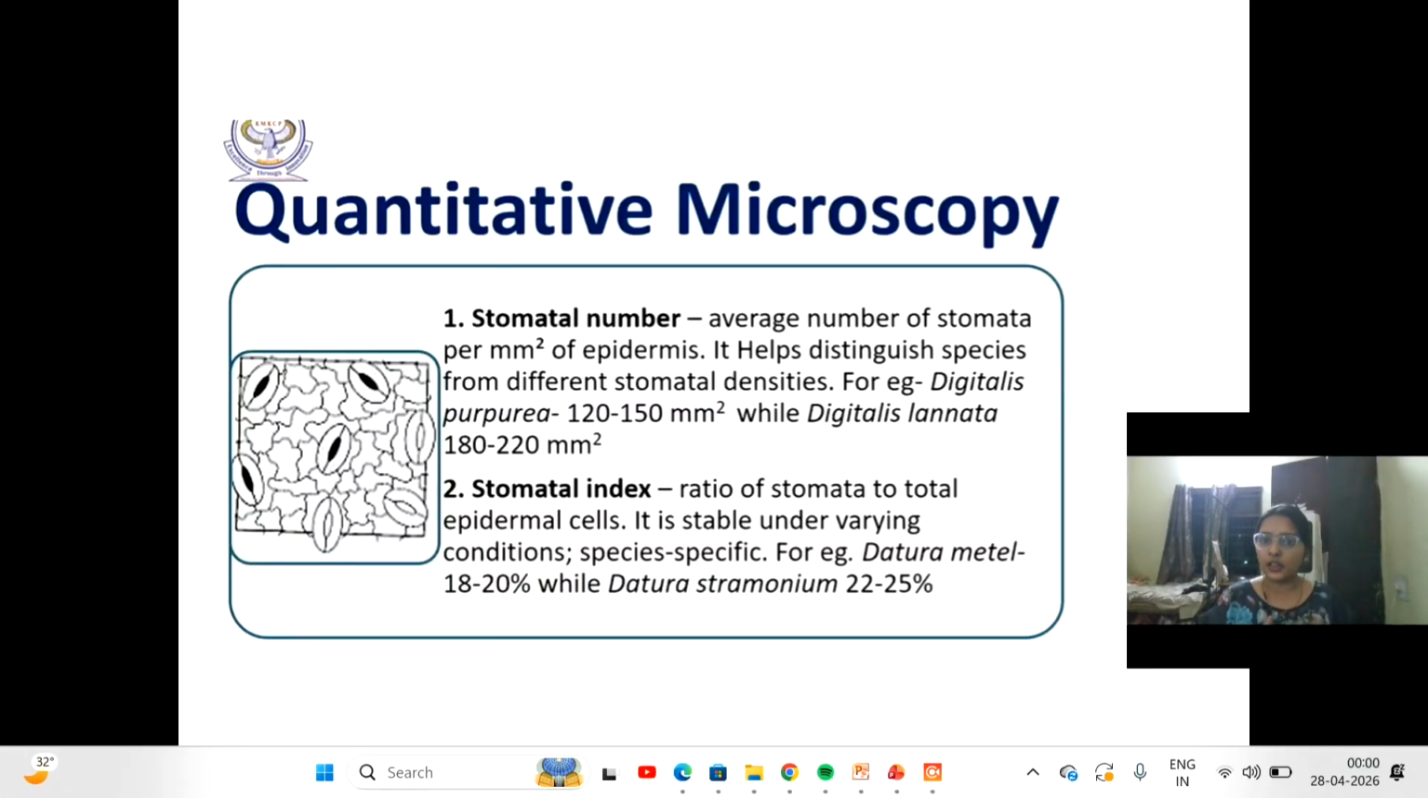तो ये हमको आइडेंटिफाई करने में बहुत ईज़ी पड़ेगा। नेक्स्ट, स्टोमेटल इंडेक्स, द रेशियो ऑफ स्टोमेटा टू टोटल एपिडर्मल सेल्स। अब ये एक रेशियो है, ये इंडेक्स, ठीक है। इससे क्या वेरीफाई करेंगे हम? स्पीसीज की स्पेसिफिक कंडीशंस को एग्जांपल के थ्रू देखते हैं। धतूरा मेटल is 18 to 20%, while Dhatura stramonium is 22 to 25%. So one plant, different species of different location, but we can identify it very easily through these indexes. ठीक है, तो ये क्वांटिटेटिव माइक्रोस्कोपी है।